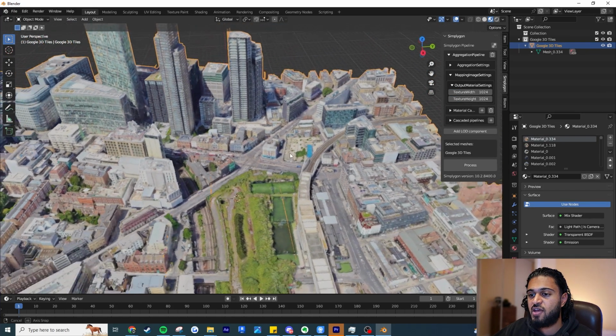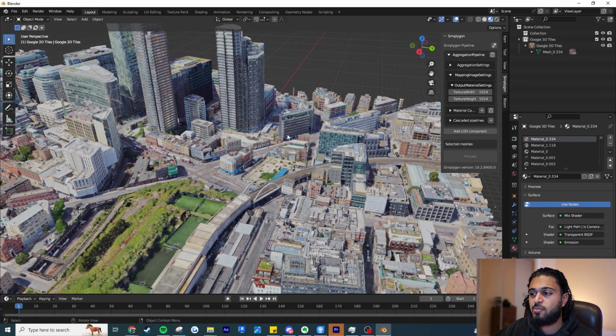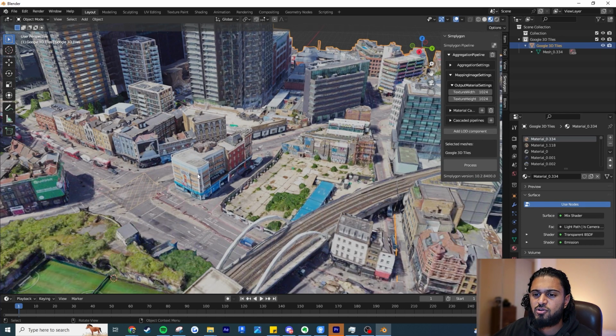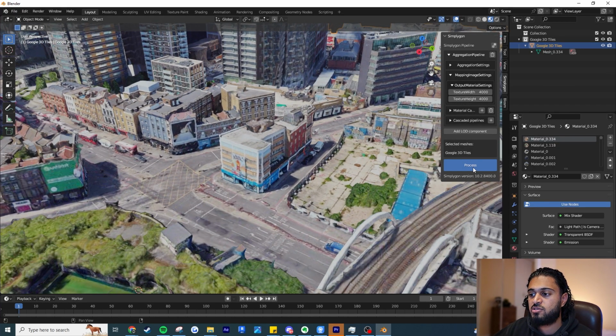Okay, so I've got a fairly decent mesh here. If I click on my object here, you can see I actually have to click on an object for it to say process, and it will say Google 3D Tiles. Say, for example, I made this 4,000, just as a test, to show you guys something. So if I hit 4,000, click on the mesh and hit process,